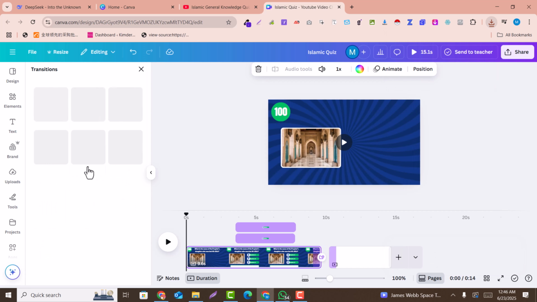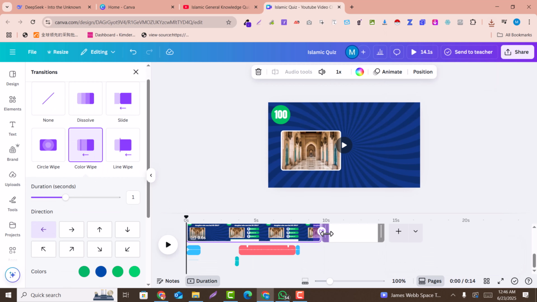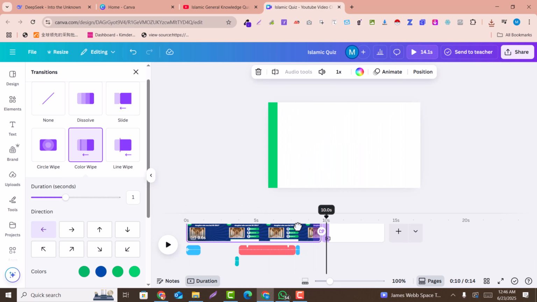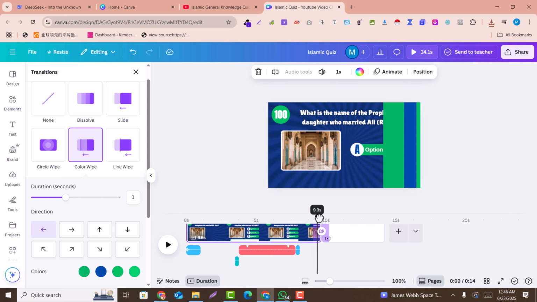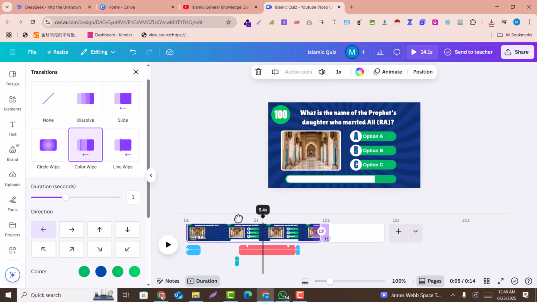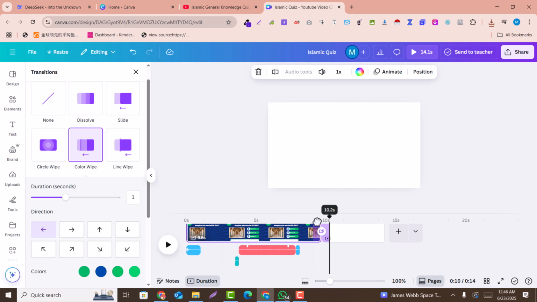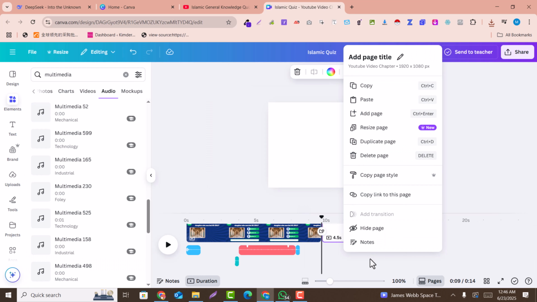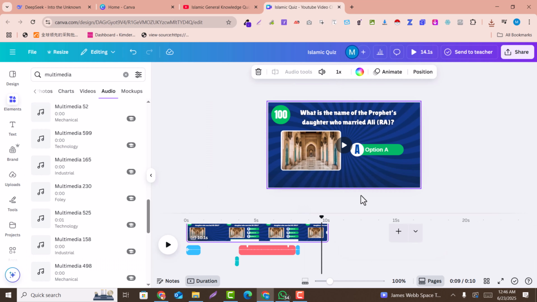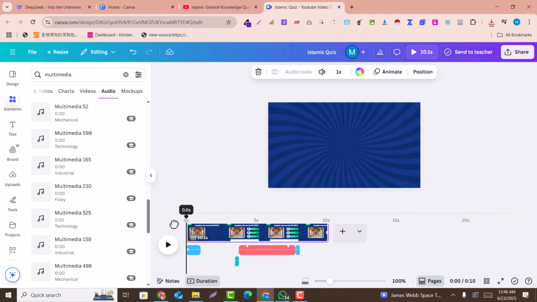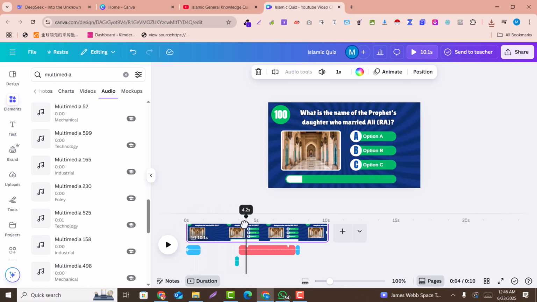For example, this one, okay, and this is a very popular transition effect. So here we have added this transition into our video. Now we just need to delete this page. Okay, so I have deleted this page, and here you can see this is created.